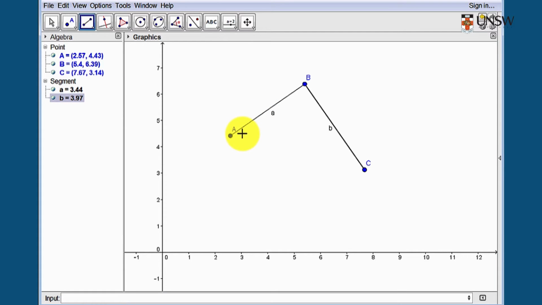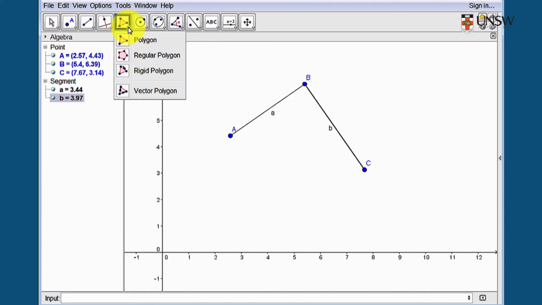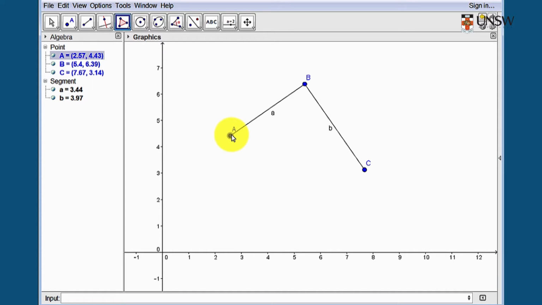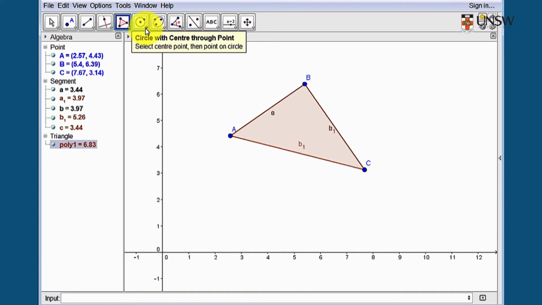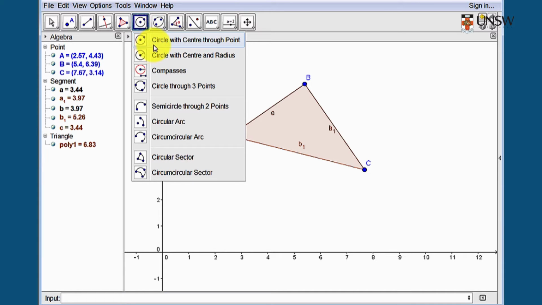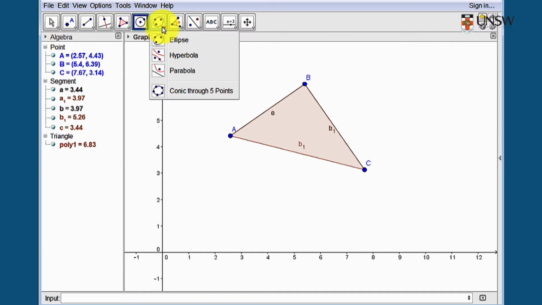All right, so one other thing we might like to do is a polygon. So here we can create a polygon, let's say a triangle, starting with A, and then B, and then C, and then going back to A, finishes the polygon, and there it is there, it's a triangle. So there's a few other things that we can do. We can, for example, create a circle. And there's various options for creating circles, say starting with a center through a point, or a center with a given radius, or a circle through 3 points. We can create conic sections,